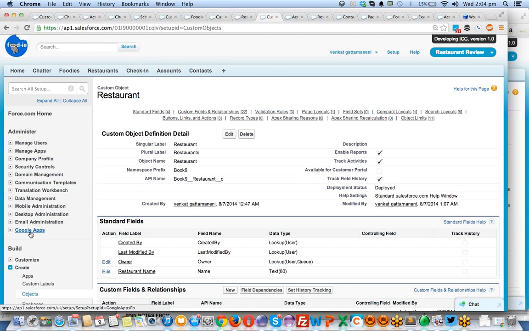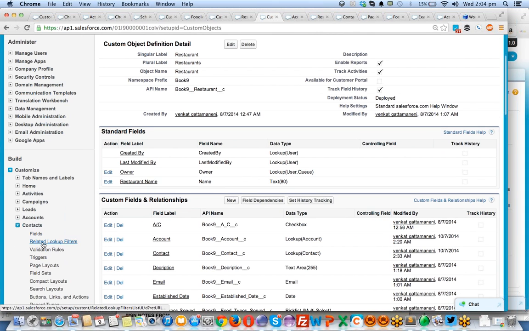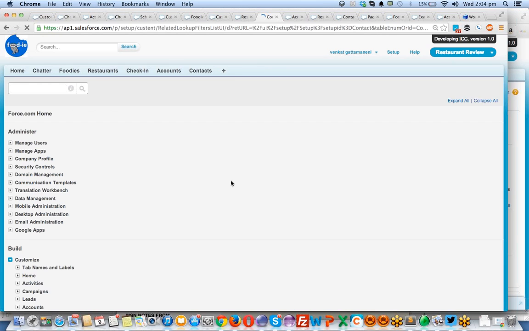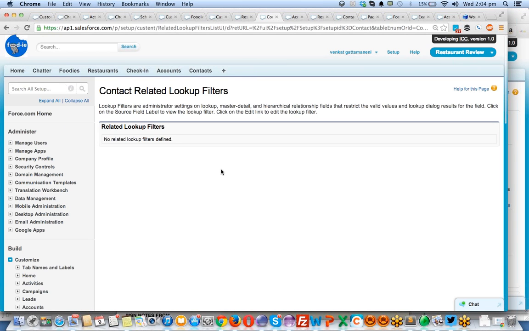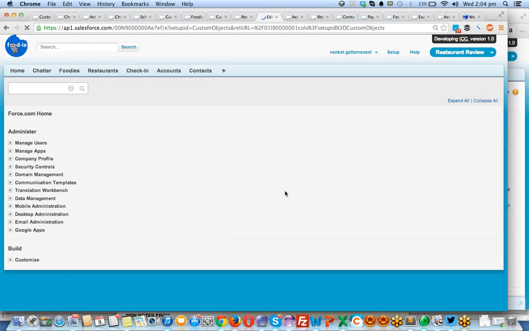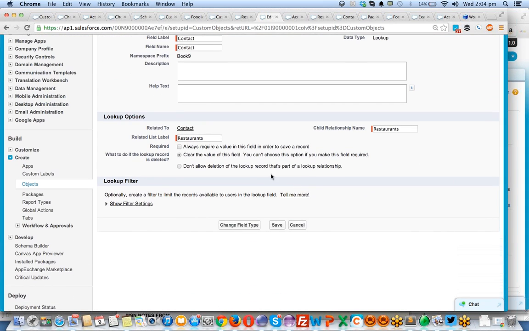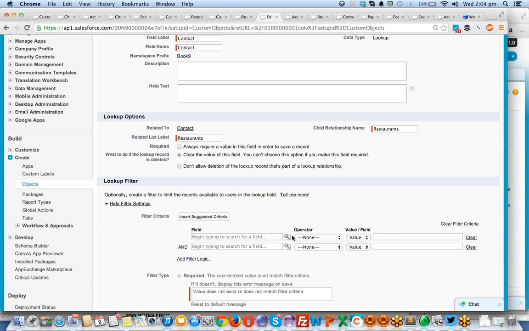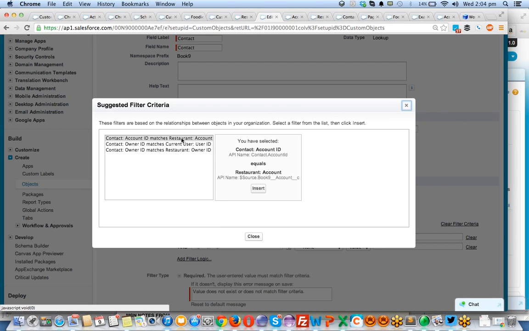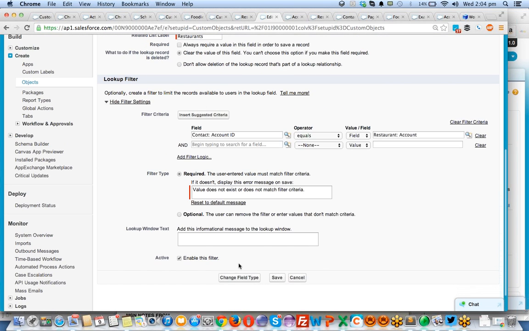If you go to the contact object, you can see the lookup. If you click on this, you get the lookup filters. No, it's not here. Now I'm enabling this option again. The filter I'm enabling it again. I'm closing the class after this. Sorry guys for dragging this up. Okay. Insert the criteria. This is the best criteria which is useful for us. I'm clicking on save.